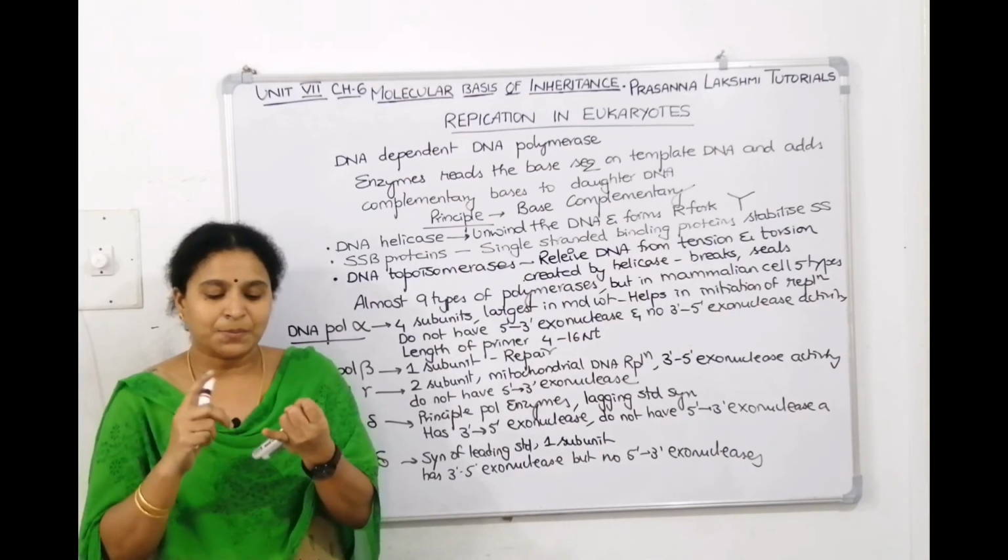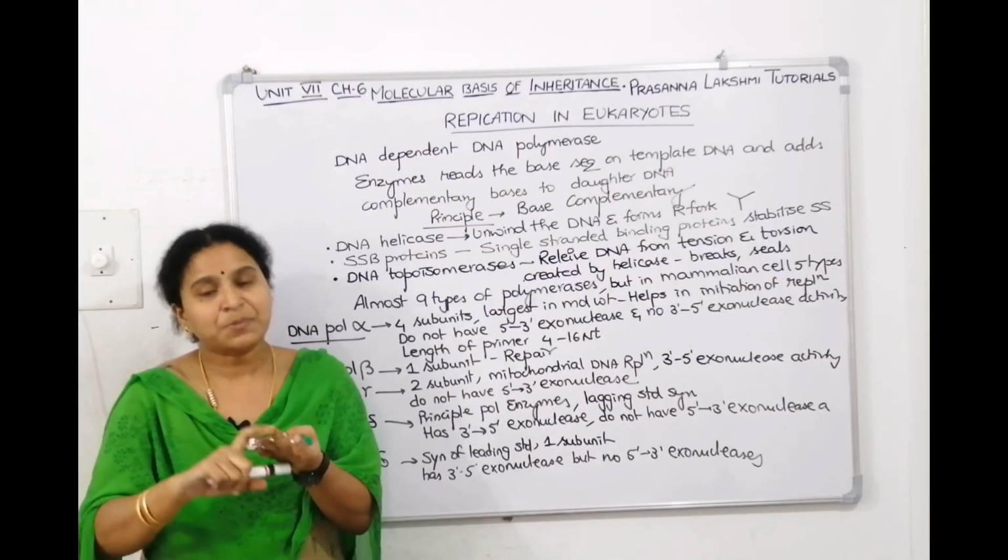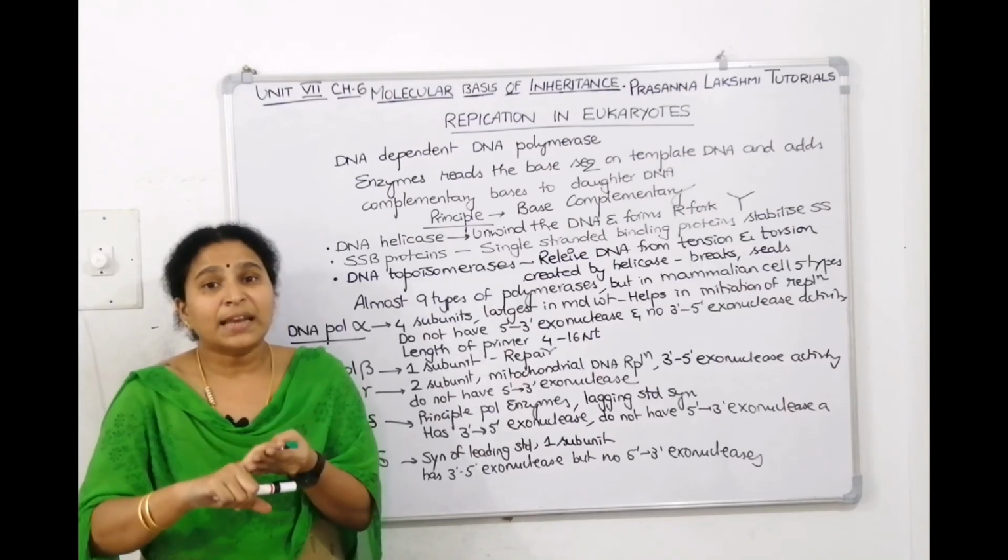So alpha helps in initiation. Beta helps in repair. Gamma helps in mitochondrial DNA replication. Delta helps in